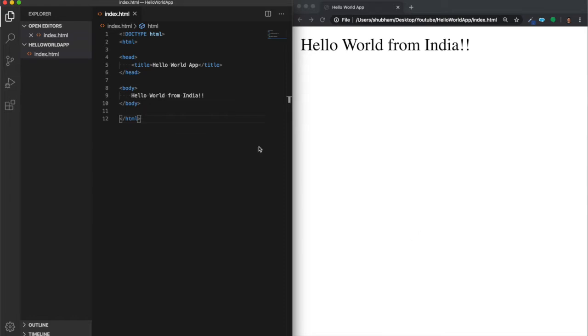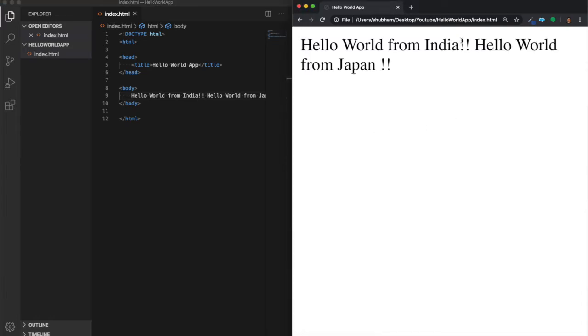Okay, so you can see we have written here hello world from India, and if I press enter and write hello world from Japan, save this and run it in the browser, you can see that it comes automatically onto a single line.